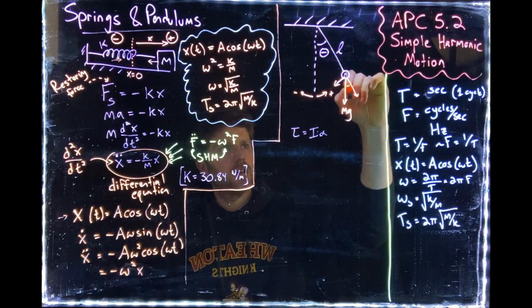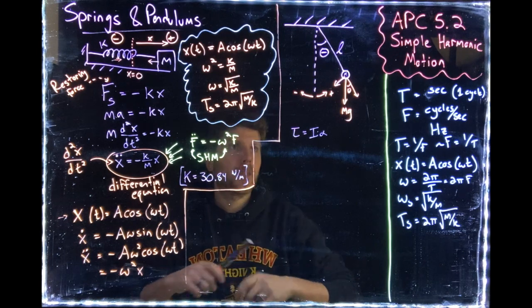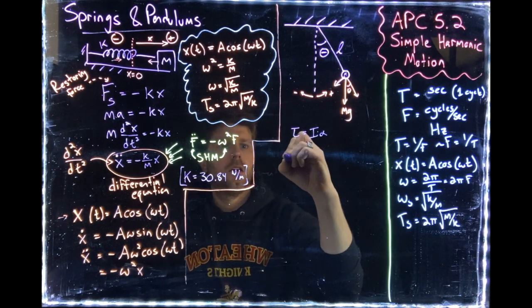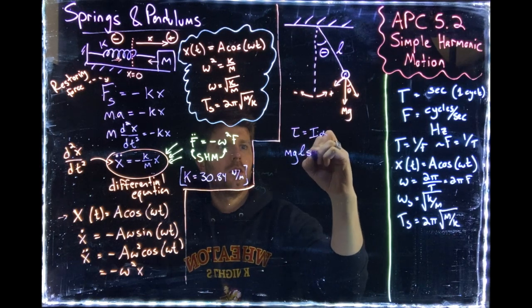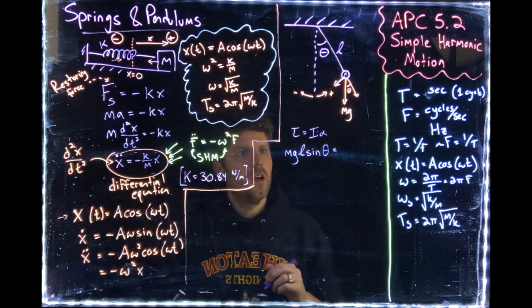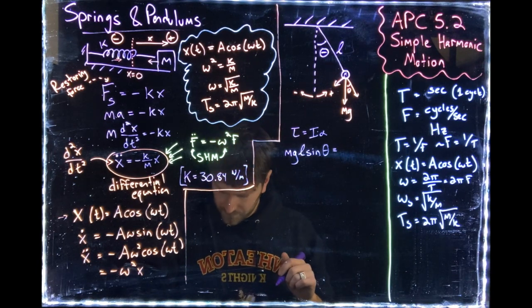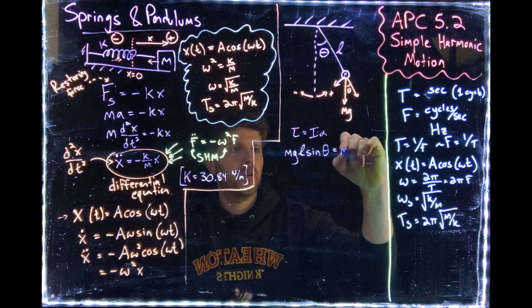If this is theta, so is this. So the torque here is going to be mg times the length L times the sine of theta. And that's going to equal I alpha. And the I here is just mL squared